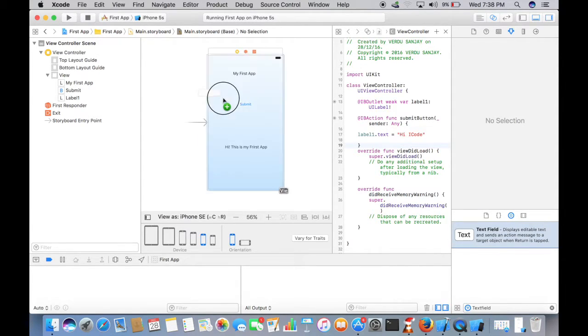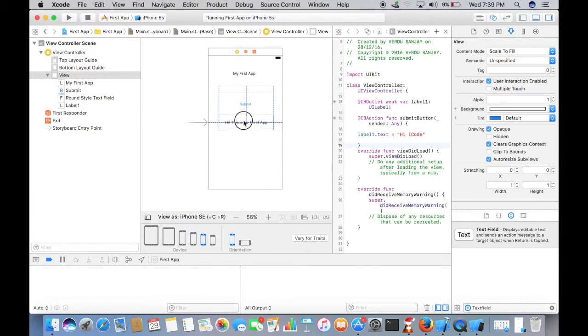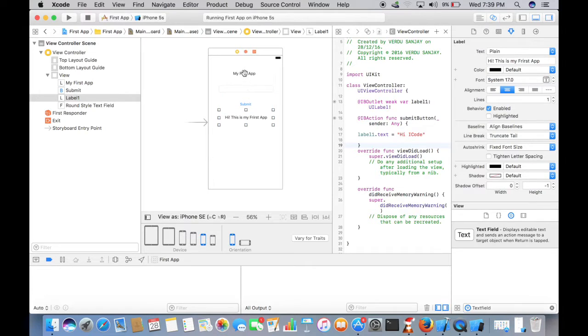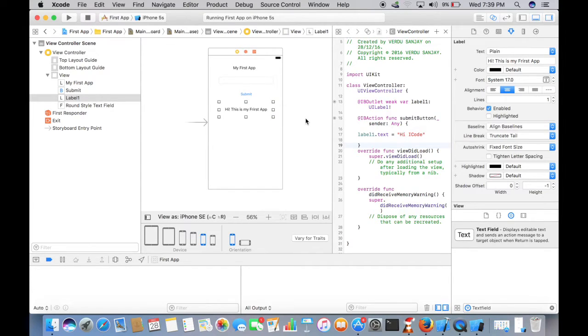So drag this here, and let's just put it here and adjust everything. Submit. This is my first app. Okay. So this is text field,